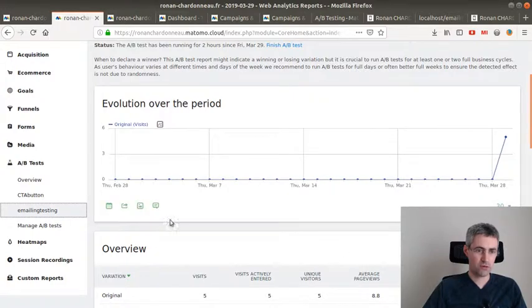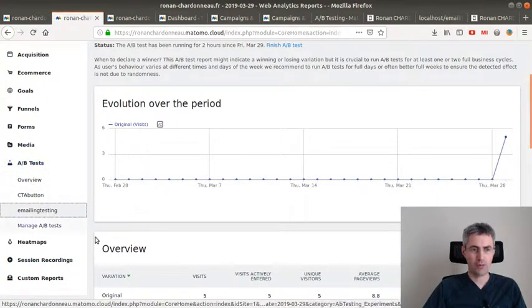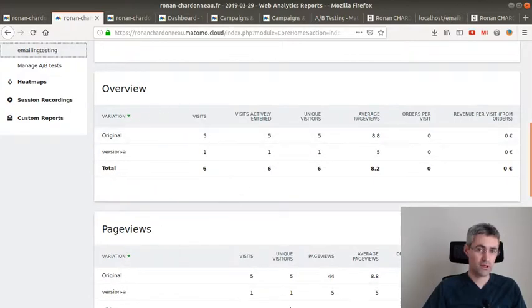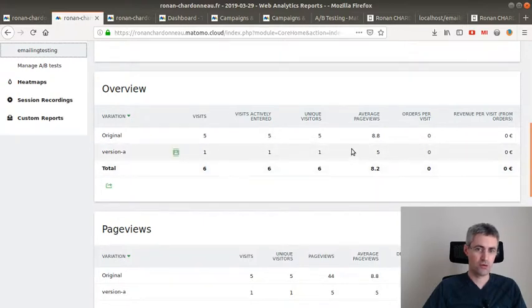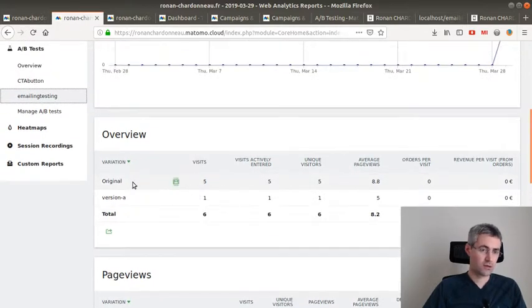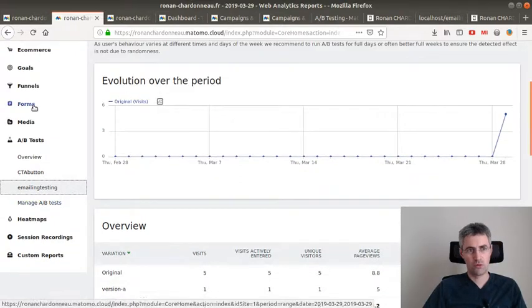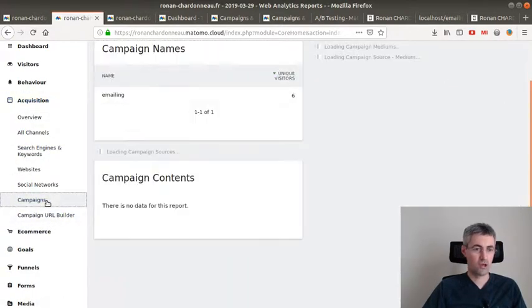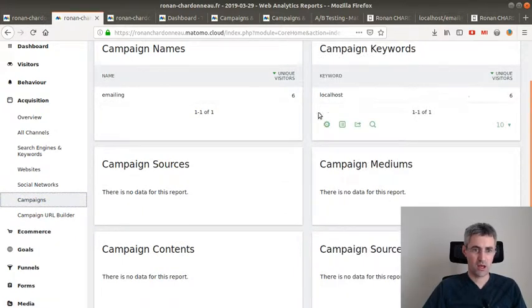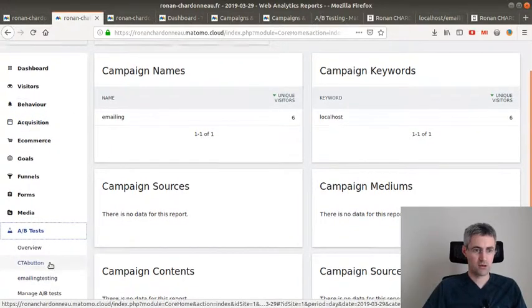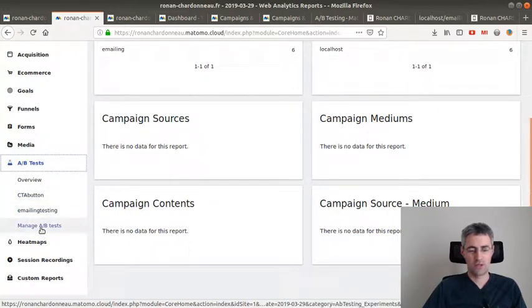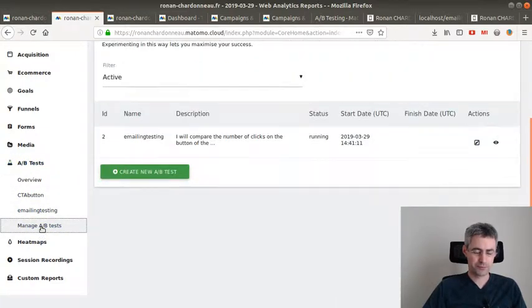So how does it differ from the regular campaign tracking method? Well, with the A/B testing, Matomo does all the mathematics for you. At the end, it's going to tell you who is the winner and what is the best version. Whereas if you had done it through acquisition, you would have needed to do the mathematics by hand. In my case, I cannot even get the information that I wanted, as I did not use any of those extra parameters to push version A or version original. But that's how it works, and that's what the A/B testing for emailing can be useful for.